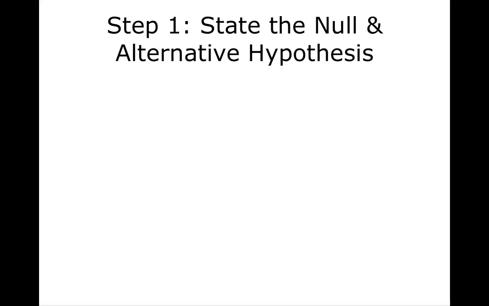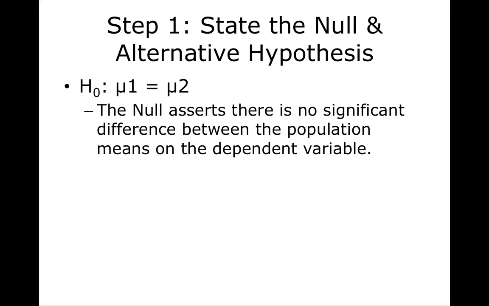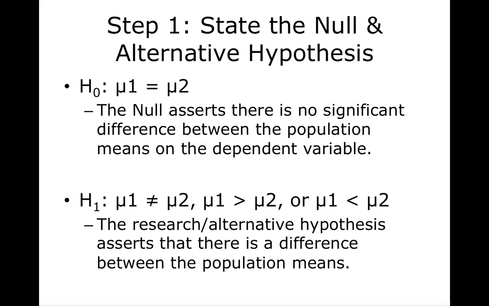So in the first step, we want to state the null and alternative hypotheses. So our null hypothesis is that the population mean of one group is equal to the population mean of the other group. So the null hypothesis asserts that there is no significant difference between the population means on our dependent variable. So men and women are the same, younger and older adolescents are the same on whatever our outcome variable is. Our alternative hypothesis is that